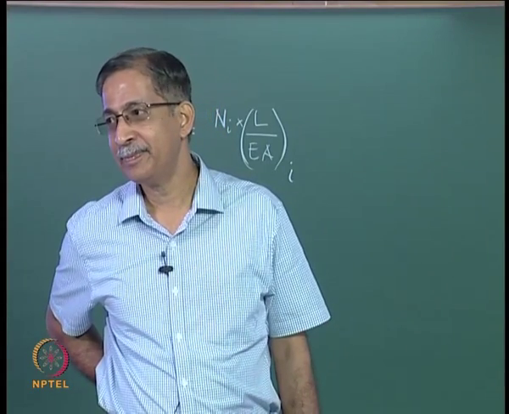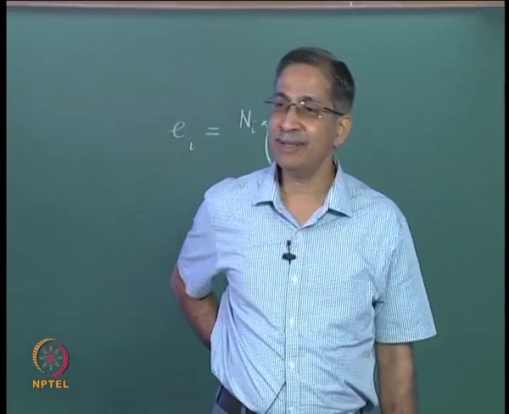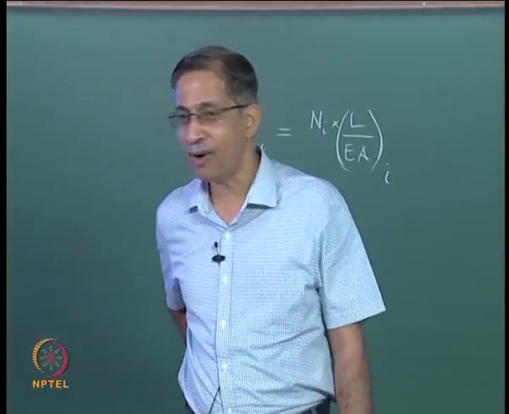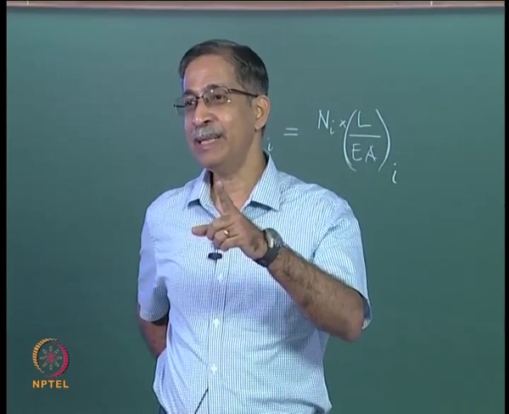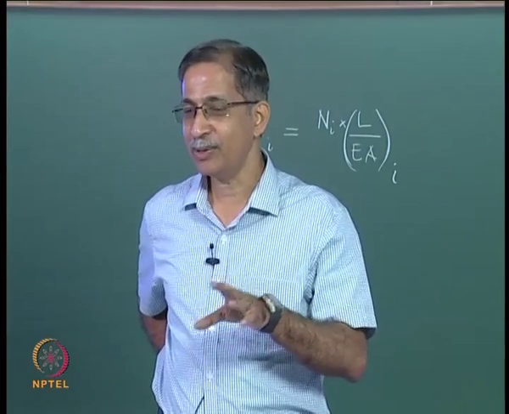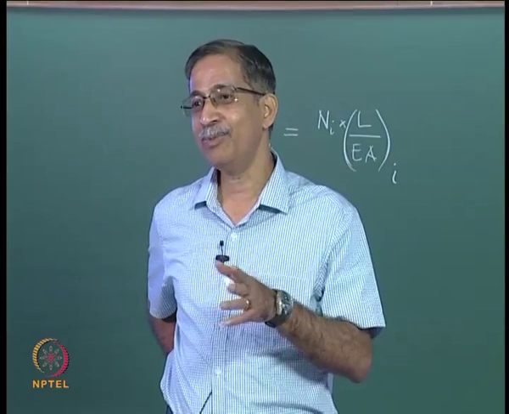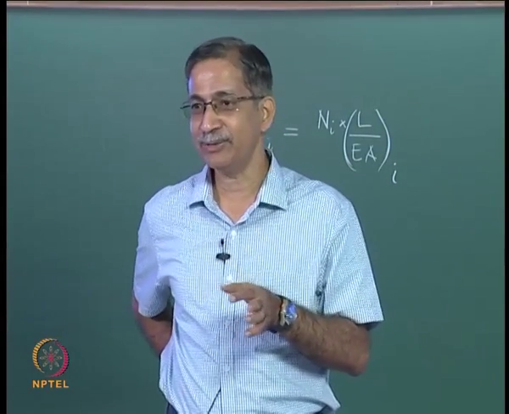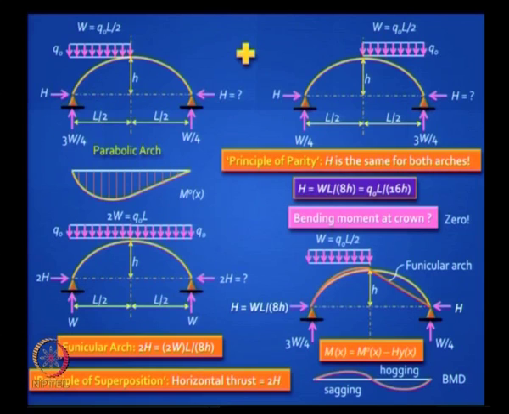One side it is hogging, one side it is sagging. If you look from the other side, that's right. If it's not 0, it should be either sagging or hogging, in which case in the total arch it should be 2 times that moment, because you're doing superposition, but then you won't be able to satisfy the relationship. So the only answer is it has to be 0, and you can actually draw the bending moment diagram.